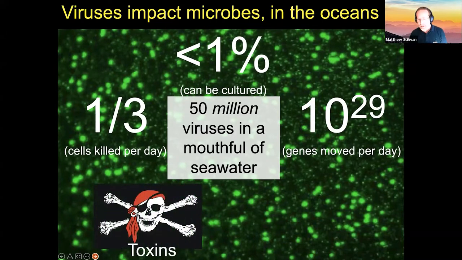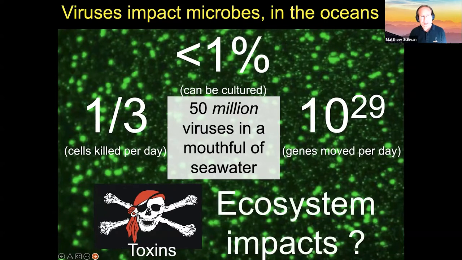A lot of toxins we think of, like cholera toxin, pertussis toxin, Bordetella toxin, and Shiga toxin, are not encoded by the microbe, but actually by a virus inside the microbial genome. When the virus has an integrated prophage, gets upset, so to speak, and gets induced, that's when the toxic outbreak happens. And a big challenge in the field was translating from what I call counting dots to ecosystem impacts. How do we get at what the ecosystem role of these viruses is?